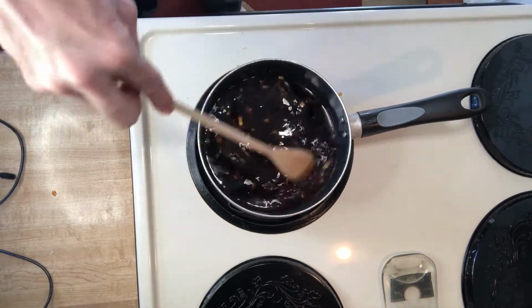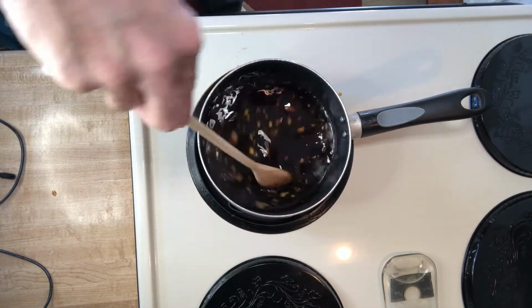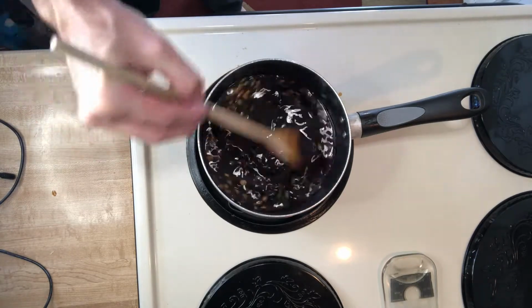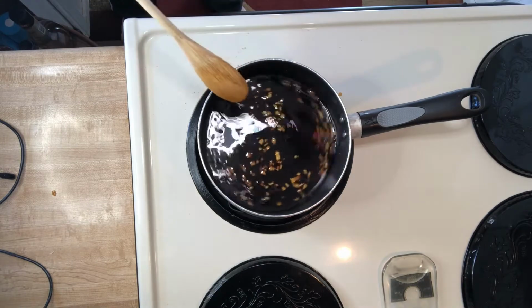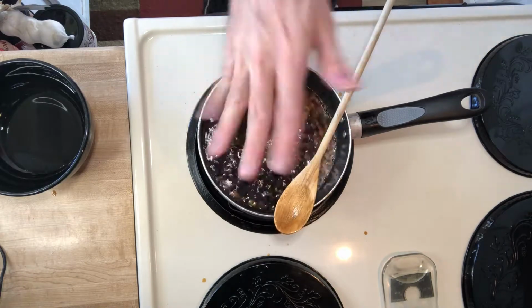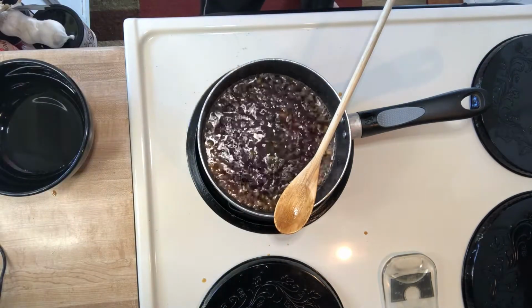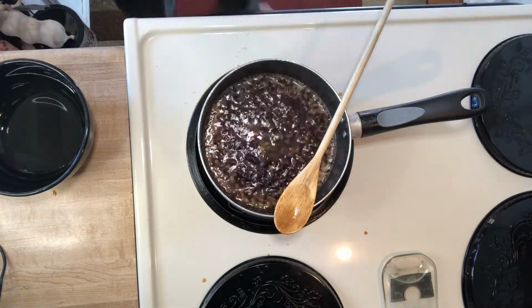Now we are just going to bring this to a boil. I'm just going to get this boiled a little bit, and then we will go from there. Super easy recipe. Once this comes together, we're just going to take it off, and while that's kind of boiling, we're going to come over here